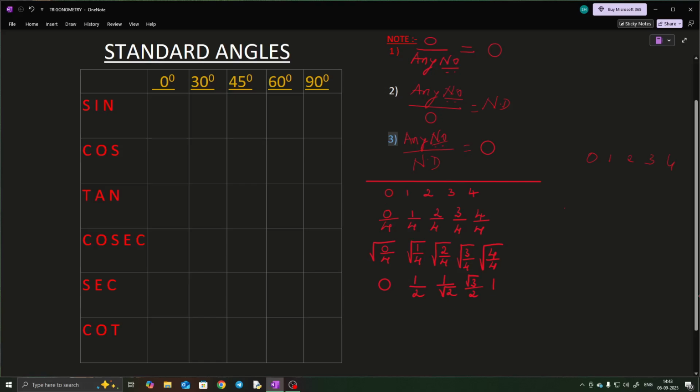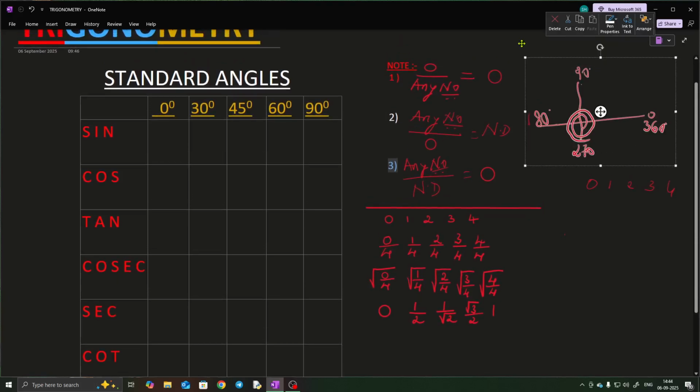Now when you talk about quadrants, there are 4 quadrants. A quadrant starts from 0 degrees to 90 degrees, then adding 90 it goes to 180 degrees. Adding 90 again, it is 270 degrees, and then it goes around to 360 degrees. That means you can go on and on, in multiples of 360 degrees. So for our syllabus,